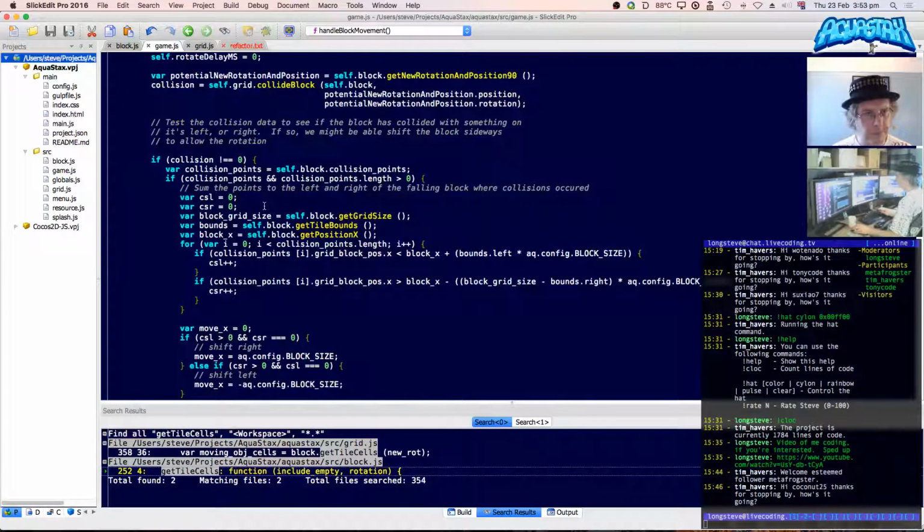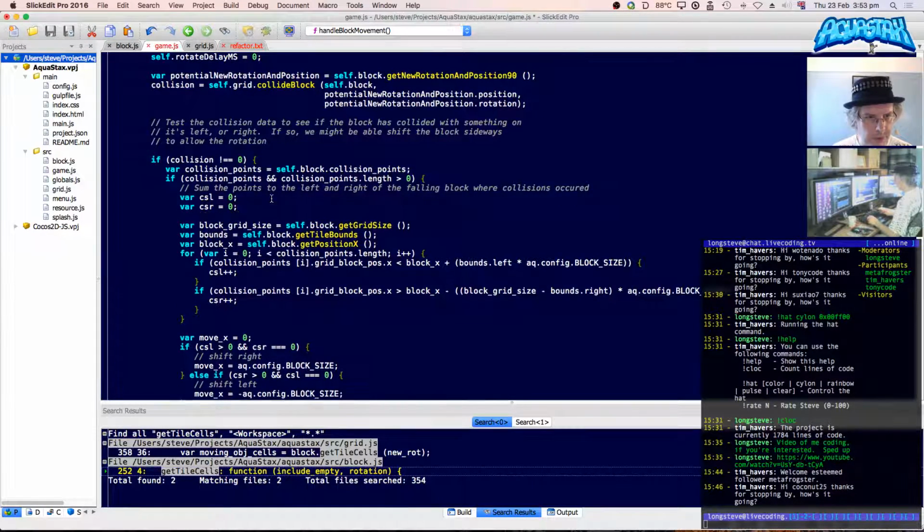Right. Some of the points to the left and right of the forwarding block where collisions occurred. It's a bit awkward to take into account the block boundaries. Bounds, I call them, don't I? Take into account the block bounds within the grid size area.